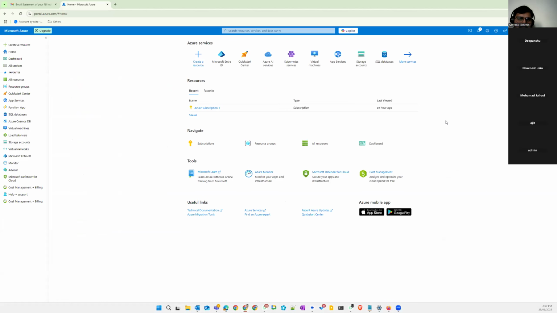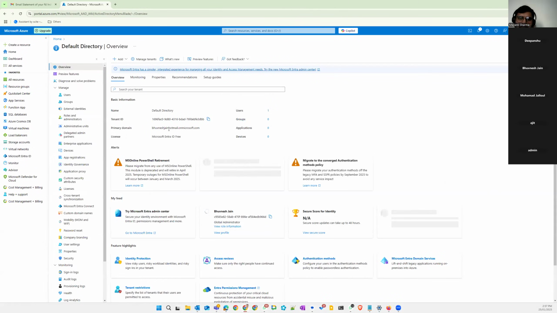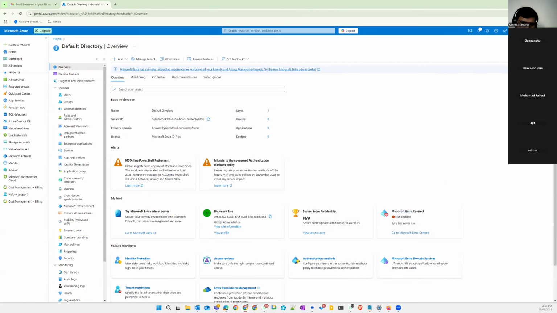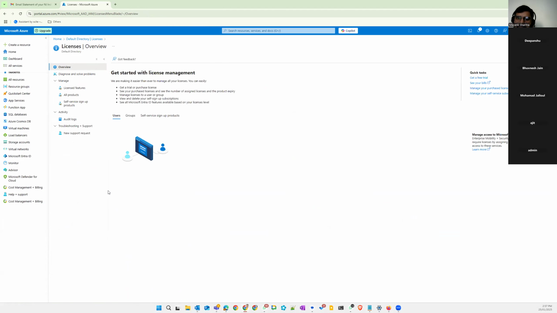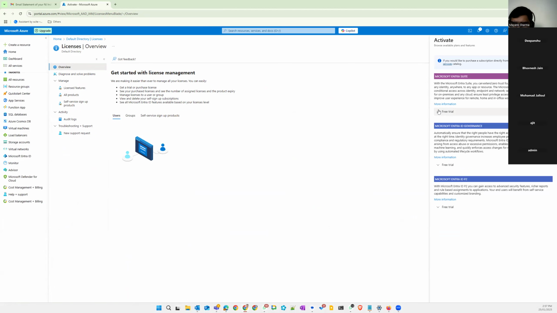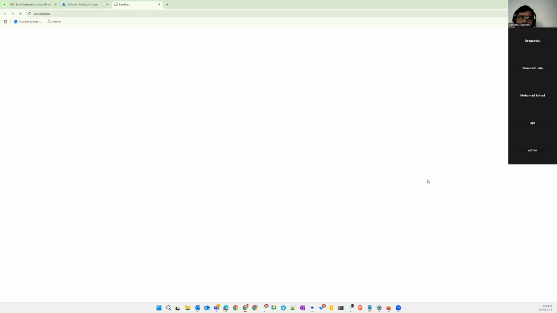So go to Entra ID, and you also have to do the same. You can search, go down and see licenses. Now get a free trial. You can have a free trial of Microsoft Entra ID P2, this one. Just come here and simply activate. Okay, I will click on activate for 30 days. Yes, the activation is beginning. Okay, it goes to activate.